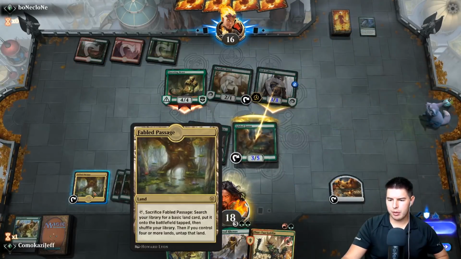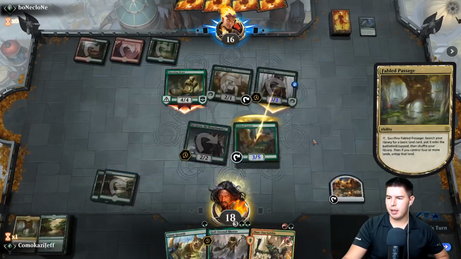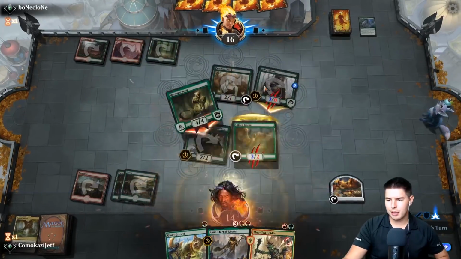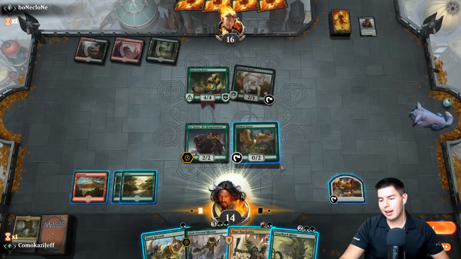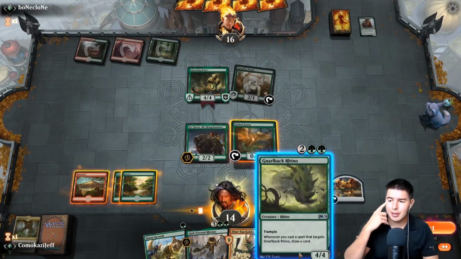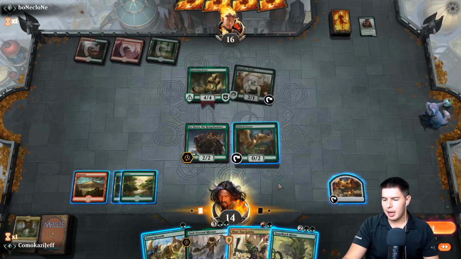Okay, Giant Growth. Let's go ahead before this happens. Put down some red mana. Questing Beast is another one that maybe we should throw into this deck. Questing Beast is so good. Dude, there's so many good cards. So yeah, I brought in Gnarlback Rhino because I forgot about Questing Beast, honestly. Questing Beast would be so good in this deck. Okay,